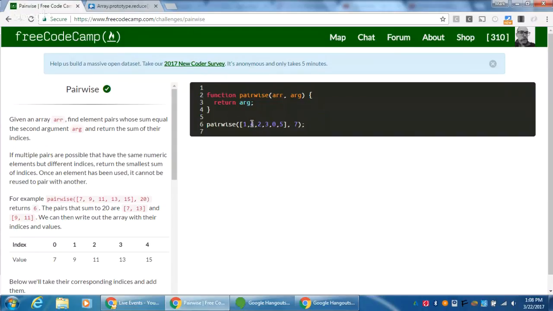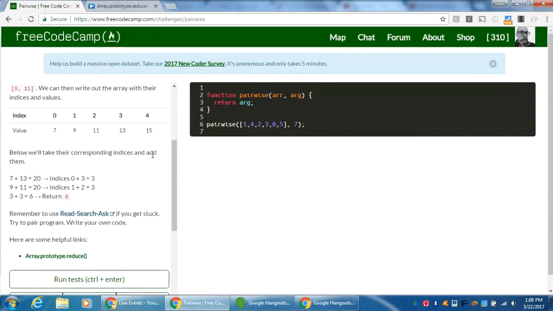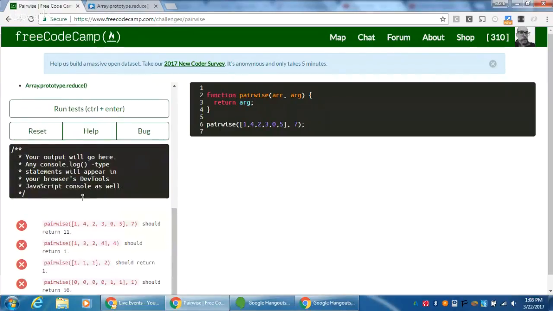So then we have to add their indices together. This is index 1, 2, and 3. That equals 4, right? But that's not what we want to return. Somehow we should return 11. Why is that? Well, this index and this index equals 7 as well. And we don't want to reuse this 4 and 3, but we still want to keep this 4 and 3